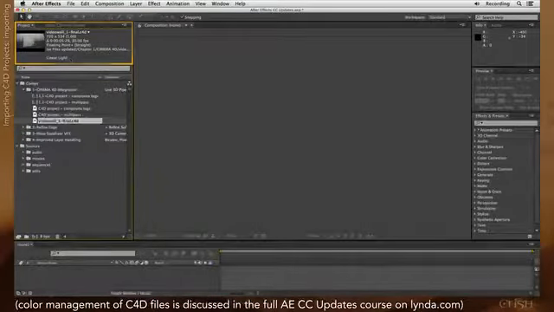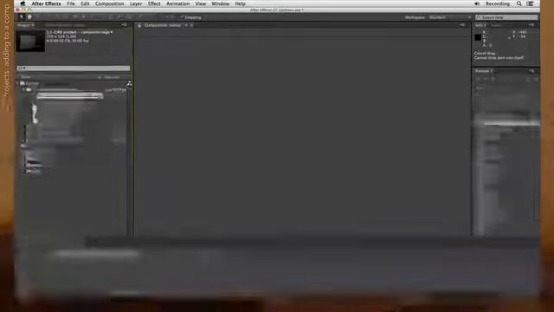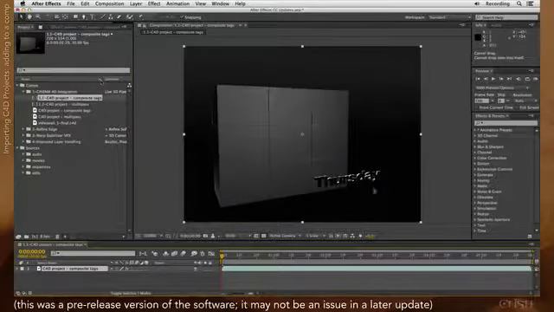You can then treat this as a normal footage item and drag it down to the Create a New Composition button at the bottom of the project panel. And I've done that already to create this composition. The scene is rendering a bit dark initially, but again, I'll discuss that a couple movies from now.